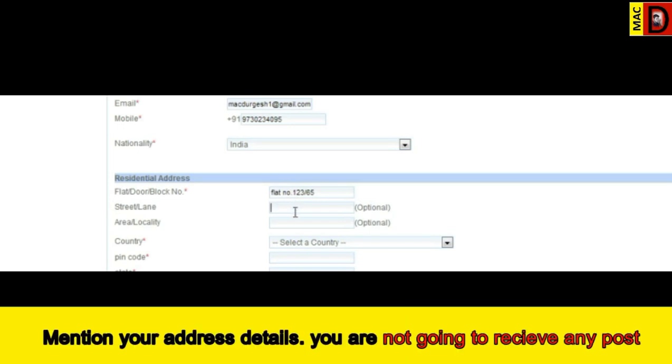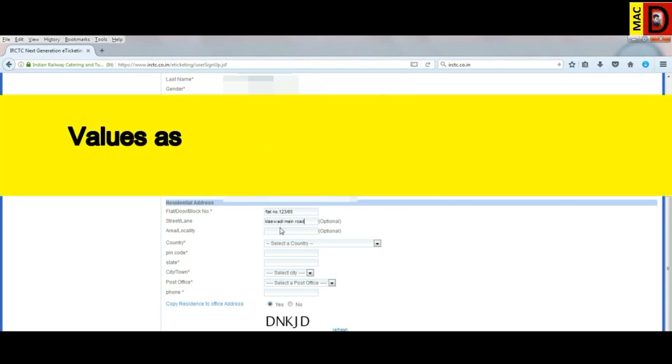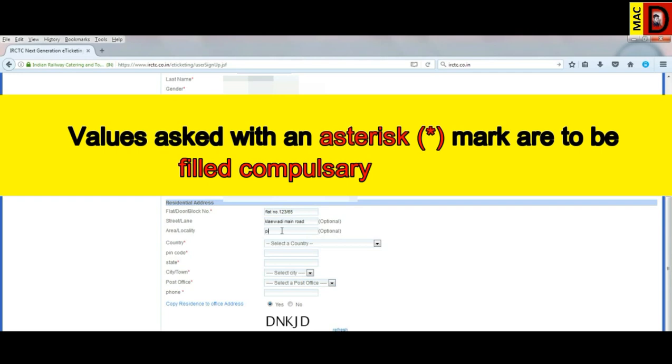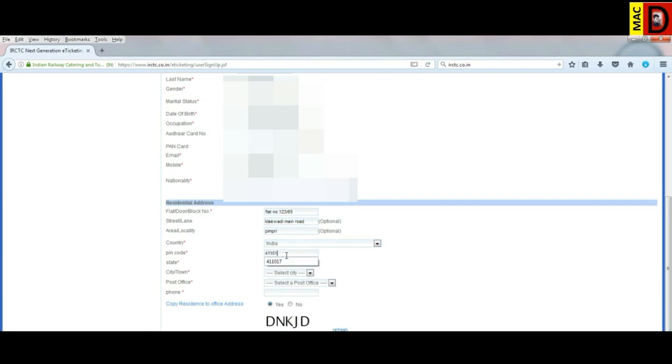So other information, your address details, it's not very compulsory, but selecting your country and your pin code is very essential, so make sure you are filling all that information. Enter your pin code. Again I'll be saying that flat number, you simply write 123 space 45, otherwise the form will reappear, and I'm making the task simpler for you. Simply write 123 space 45. Select other information. It is not compulsory to give an optional landline number.